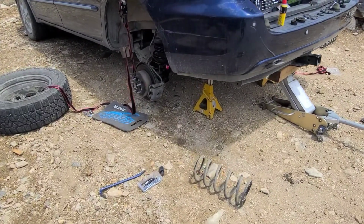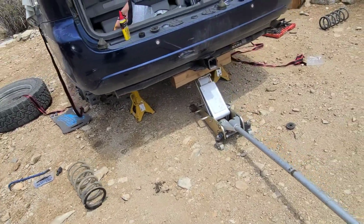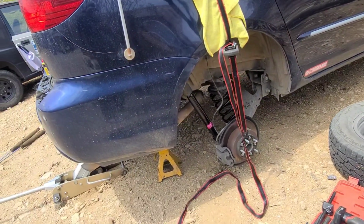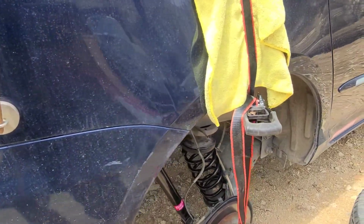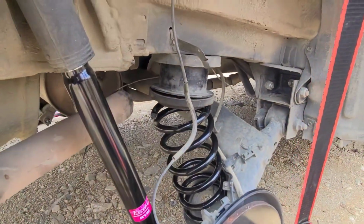Here's the mess I'm dealing with today. Got to replace the suspension and springs on a Sienna with a lift kit. It's got the Journeys off-road on there, and you know, there's plenty of videos on YouTube about swapping out the suspension on a stock Sienna, but this one required a little bit lower of a drop for the control arm so we could get these